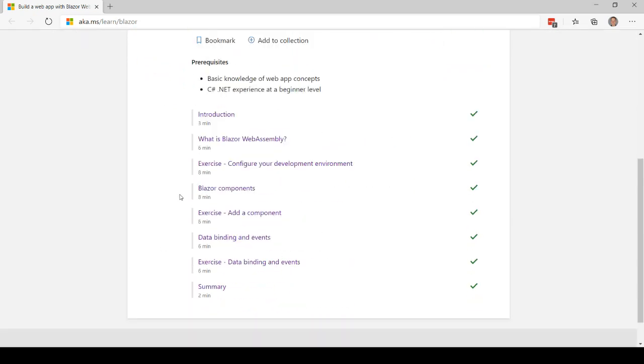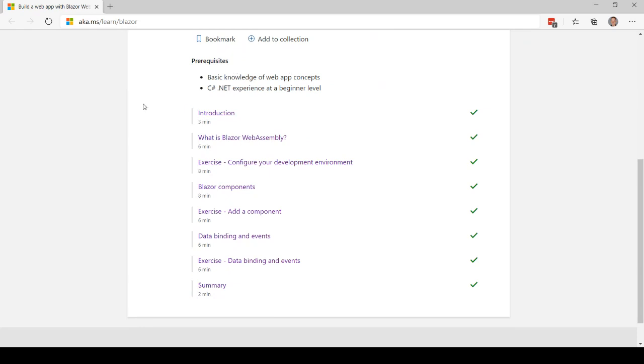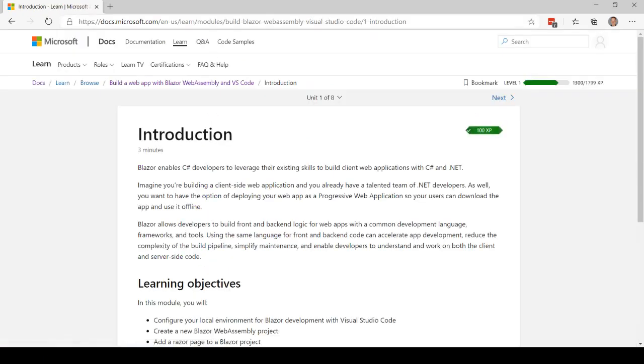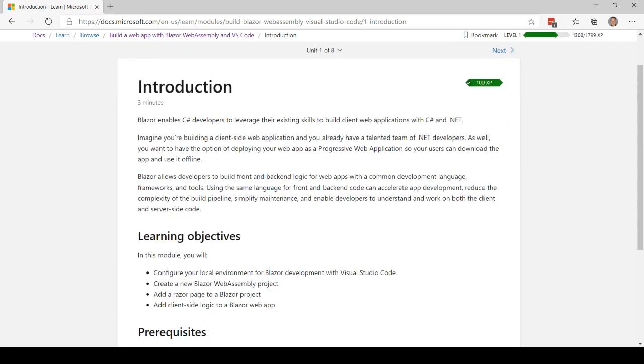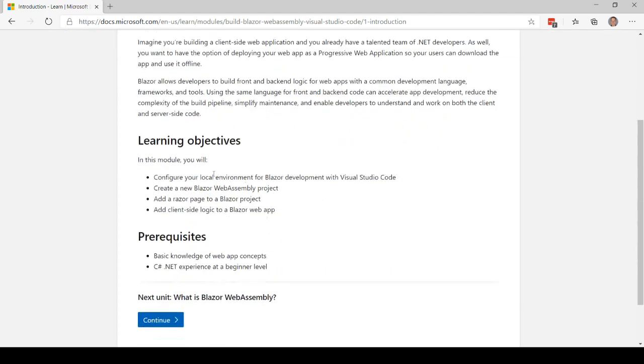All right, now down below, these are all the 8 units that we're going to be going through. We'll just be clicking through these. I encourage you to follow along as I go through them. All right, so for the introduction, we're going to be talking all about Blazor. Now, here are the learning objectives